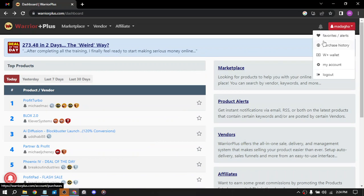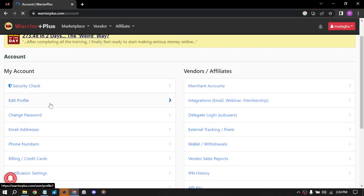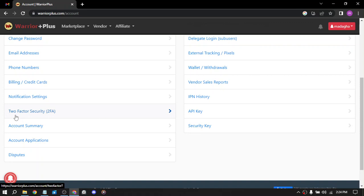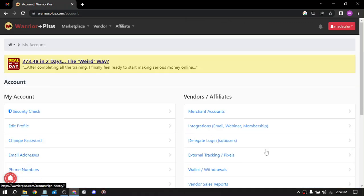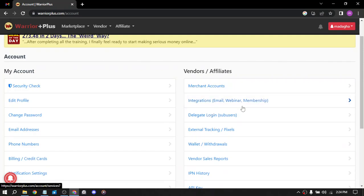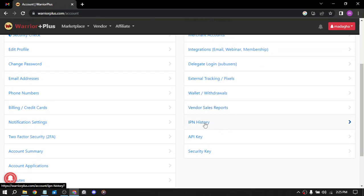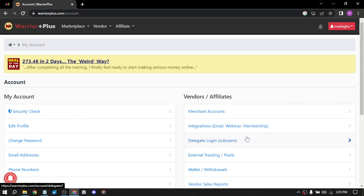Here we have your profile, favorite sales, purchase history, your wallet on this website, and you have the account. Here we have a security check, can edit your profile, change password, email addresses, phone numbers, billing, credit cards, notification settings, two-factor authentication, account summary, account application, disputes, merchant accounts, integrations, delegate logins, external tracking, wallet withdrawals, vendor sales, IPN history, API key, security key. So that's all the settings. You can edit the settings from here